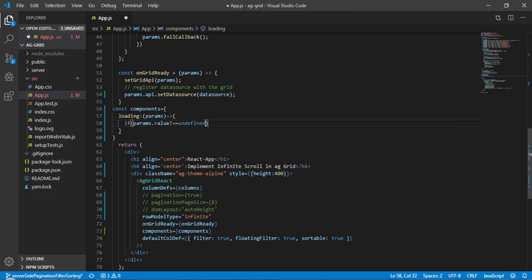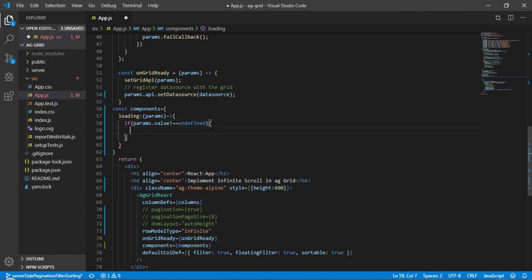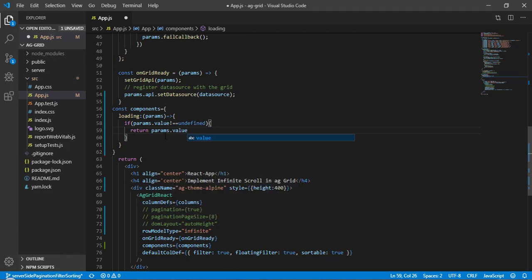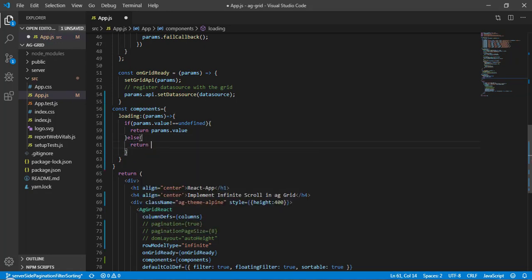That means there is a value, then return that value, so params.value. What I am checking here is, if value exists, return that value. If not, so else, I am going to return our hard coded text, so here Loading and three dots.